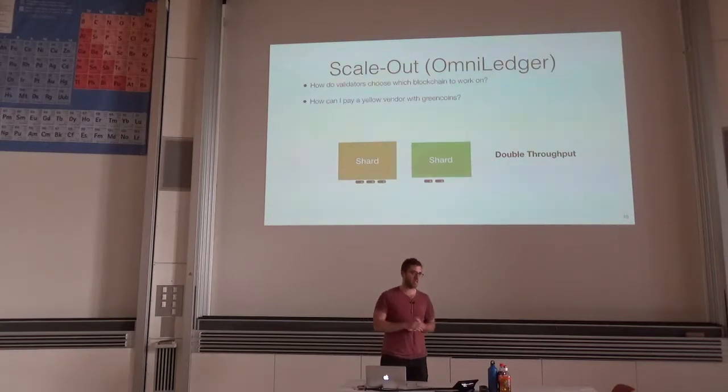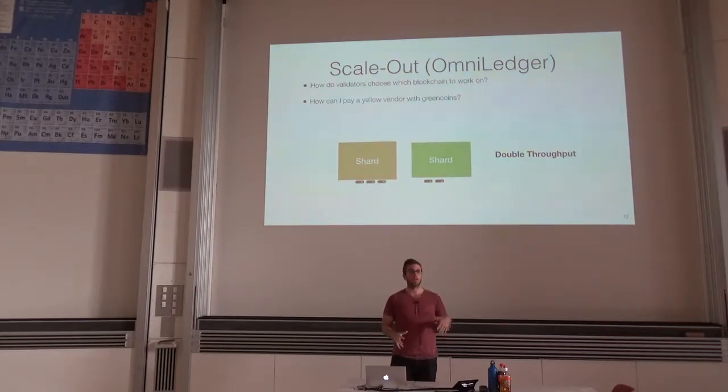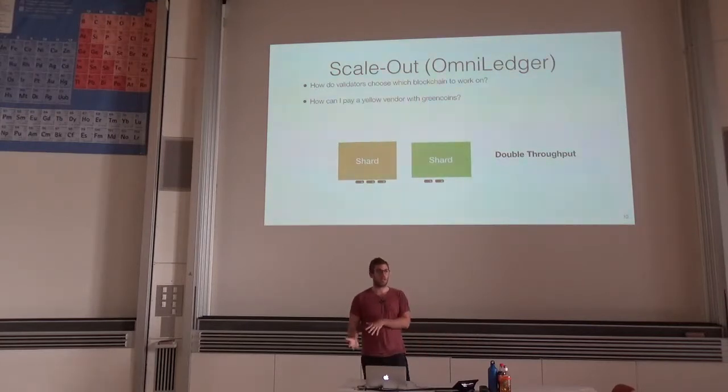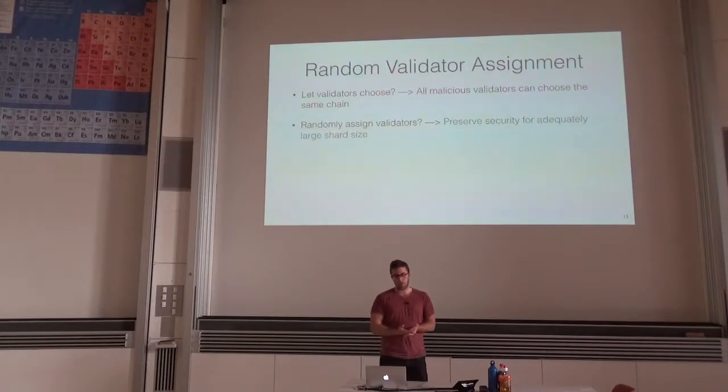However, it's not as easy as I just showed. You can't just plug blockchains together and expect everything to work perfectly. There are questions like, how will validators know which blockchain the resources should be used at? Or how am I going to transact if I have some money on my green blockchain and I want to buy something in my yellow blockchain? To answer the first question,